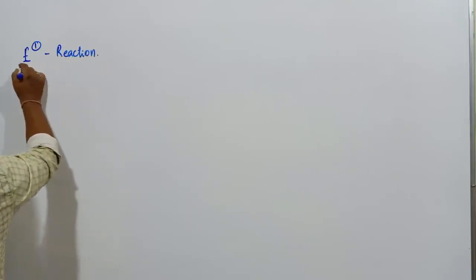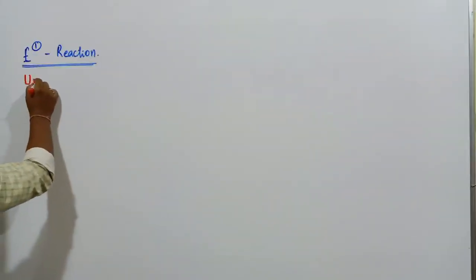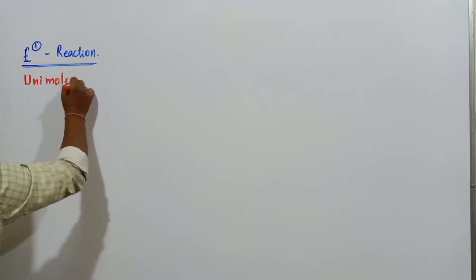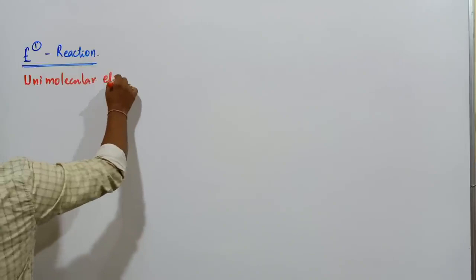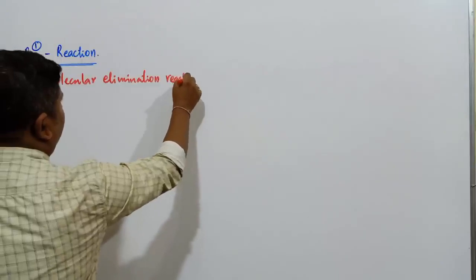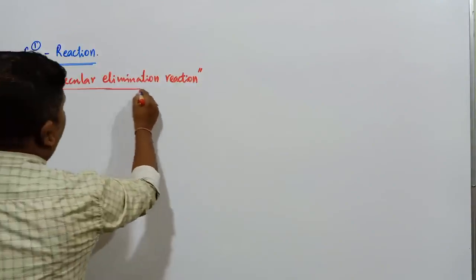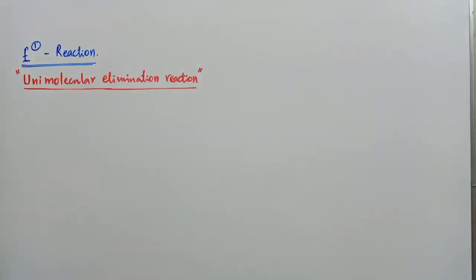Yesterday we discussed some of the points related to E1 as well as E2 reaction. This E1 reaction is nothing but a unimolecular elimination reaction. Based on the differences between E1 and E2 from yesterday, E1 follows unimolecular elimination, and E2 is bimolecular elimination. This reaction takes place in two steps, whereas E2 reaction takes place in a single step. In E1 reaction, there is a formation of carbocation.